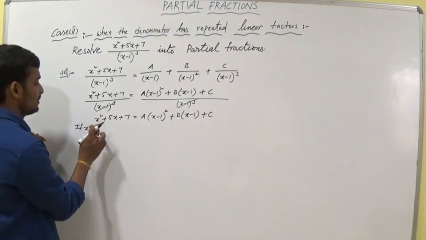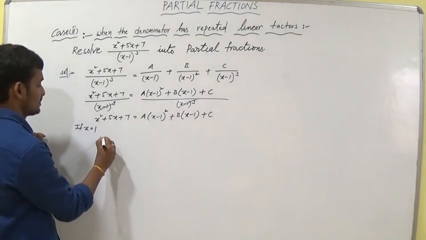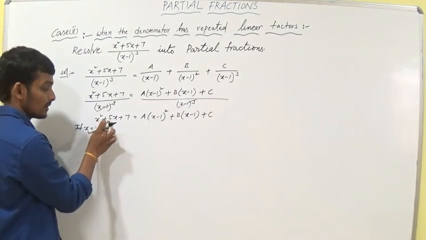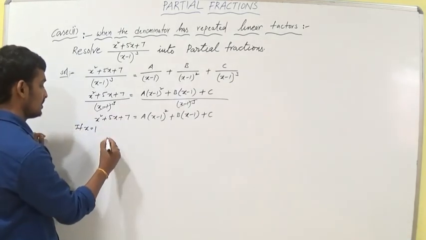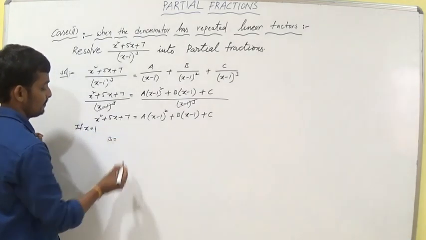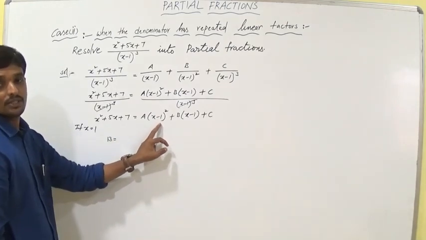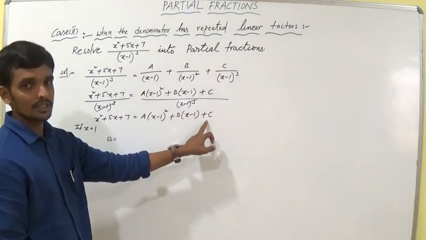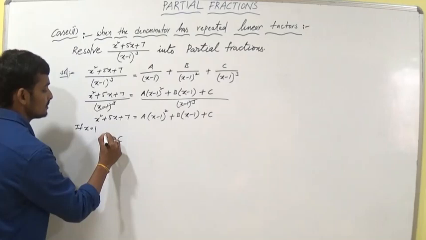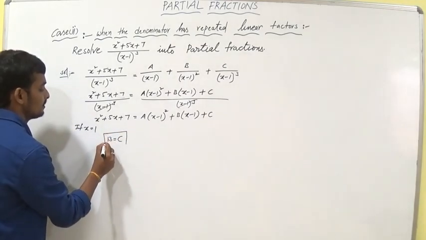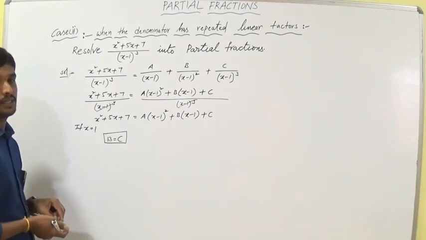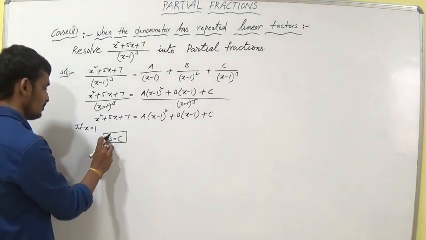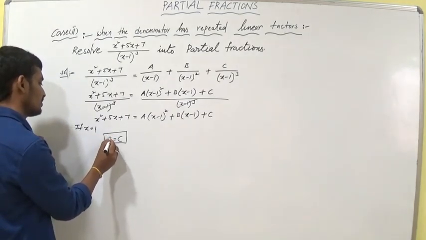So apply here 1 square 1 plus, we can write directly 1 plus 5 ones are 5, 1 plus 5 is 6, plus 7 is 13, is equal to a into 1 minus 1 is 0, that means a is 0, 1 minus 1 is 0, b is 0, then we are getting only c, so c is equal to 13. Are you okay? Now from now we have to take any of the numbers by your choice,